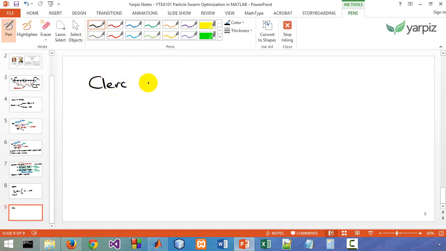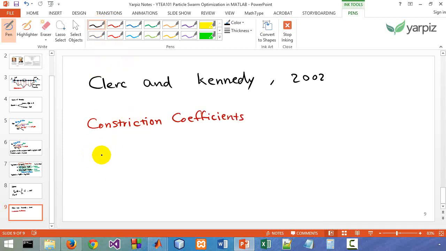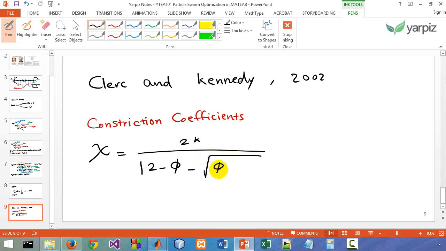Clerc and Kennedy in 2002 defined the constriction coefficients, which is defined as, let's define a parameter named chi, and this is 2 kappa over the absolute value of 2 minus phi minus square root of phi squared minus 4 phi, where kappa is a value between 0 and 1,